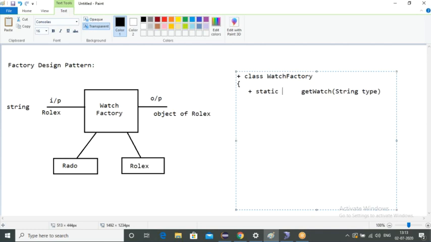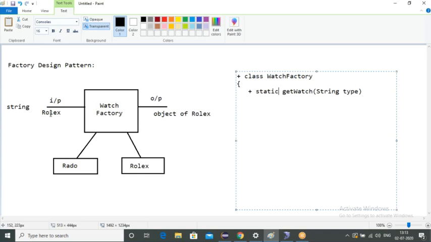Okay, what is the return type I have to use here, guys? Watch type. We are returning the object of Rolex.